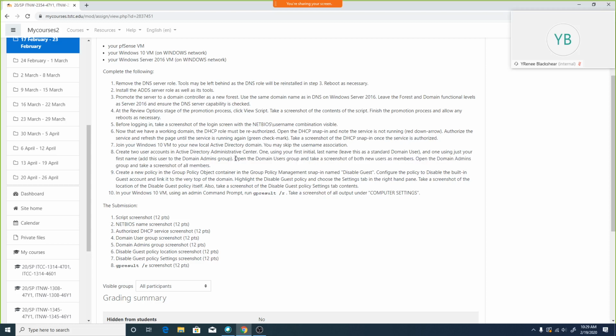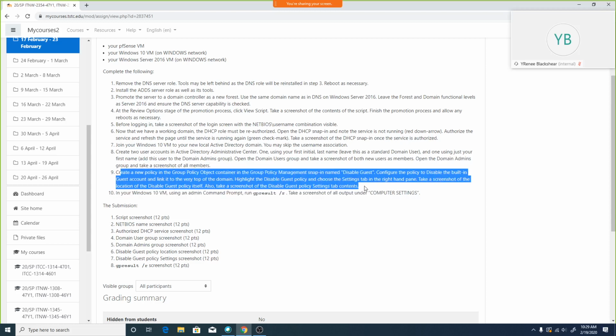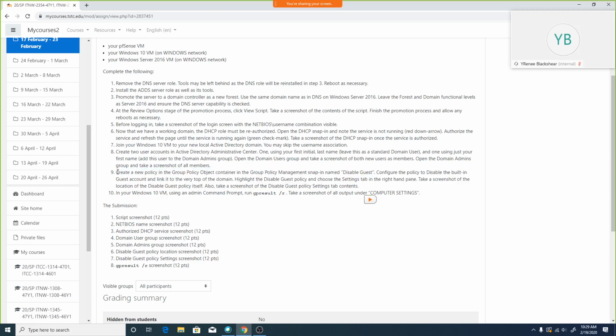And then yeah, I want to see under domain users, both users, and then I want to see under domain admins, just the one. Extra user. Don't go removing things from those groups. Anyway,